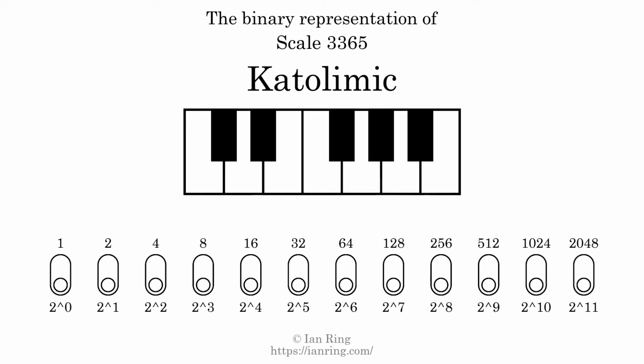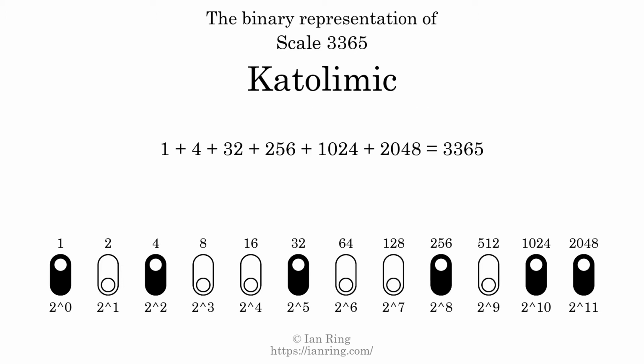The binary representation of this scale is determined by mapping tones of the scale to binary digits. Each binary digit represents a power of 2. To get the scale number, we add the powers of 2 together. The powers of 2 that are present in the scale, all added together, equals 3365. That is why the scale number, in decimal, is